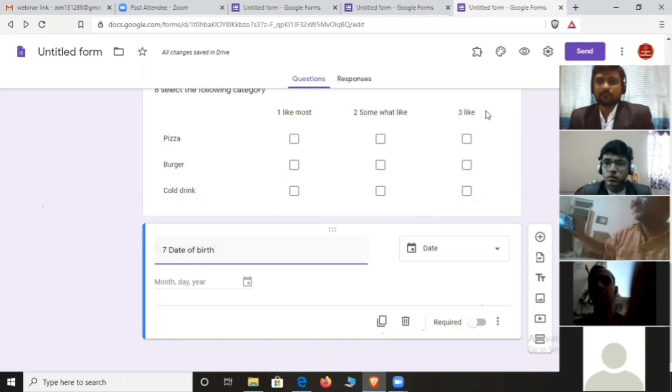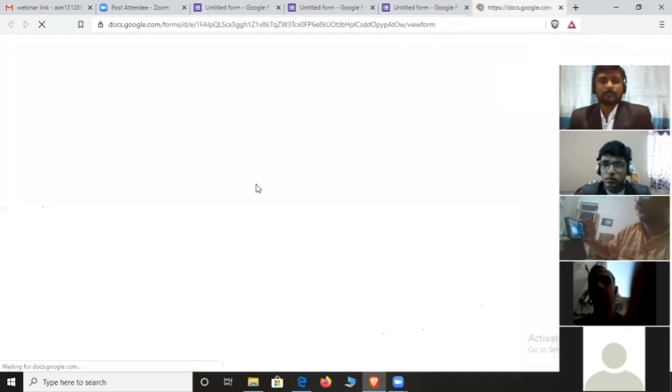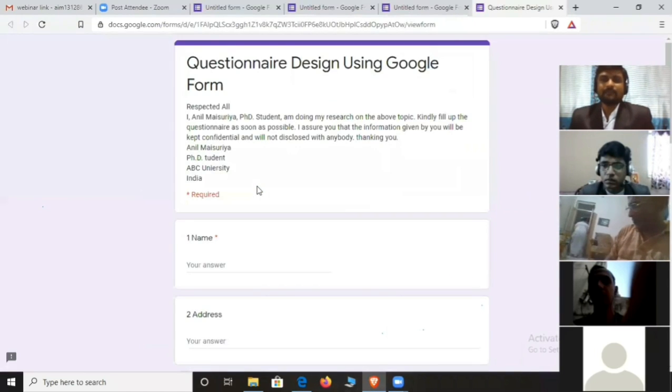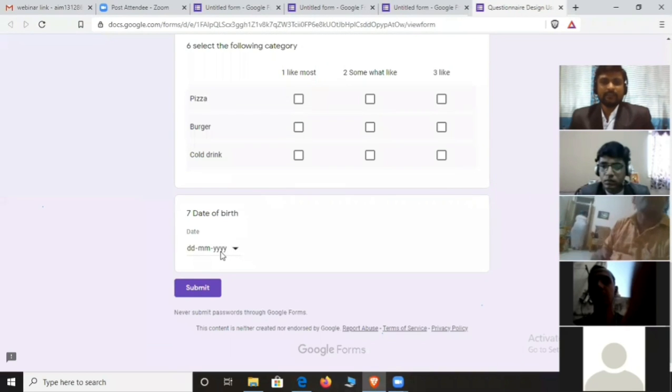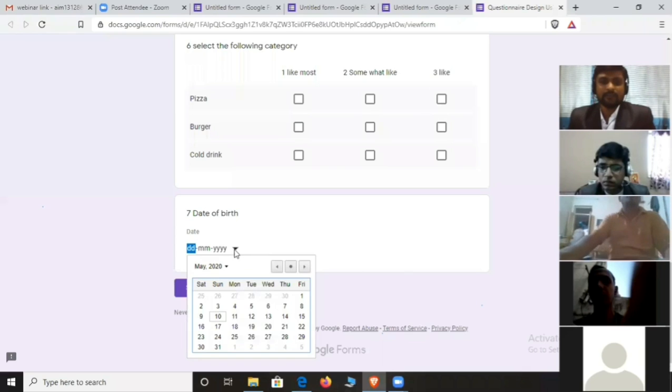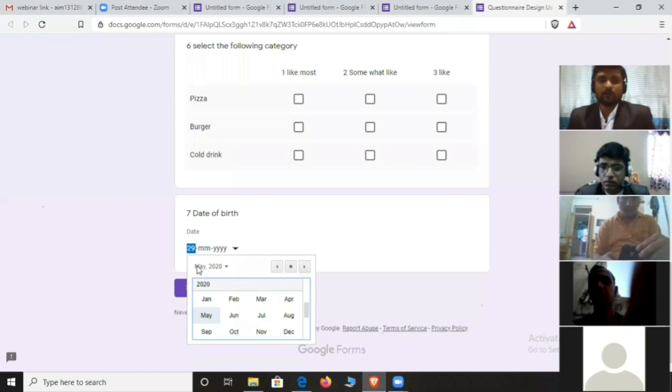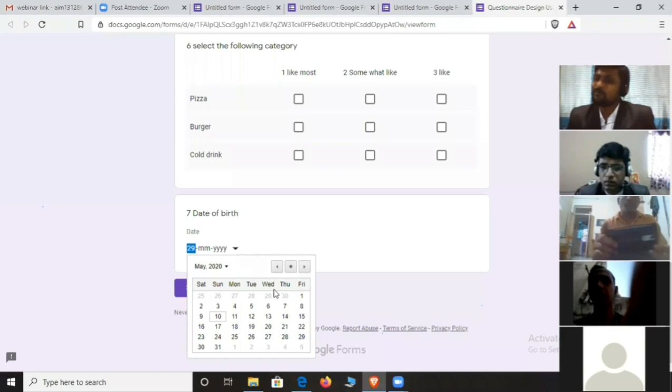So how does it work? You can see here, if you add this option date, then they have to enter their date of birth, and Google Form will give them a calendar so that they can add their birth date according to year, according to month, or according to date.